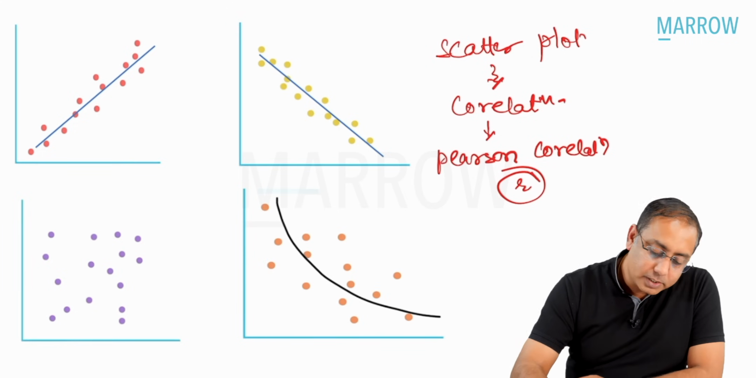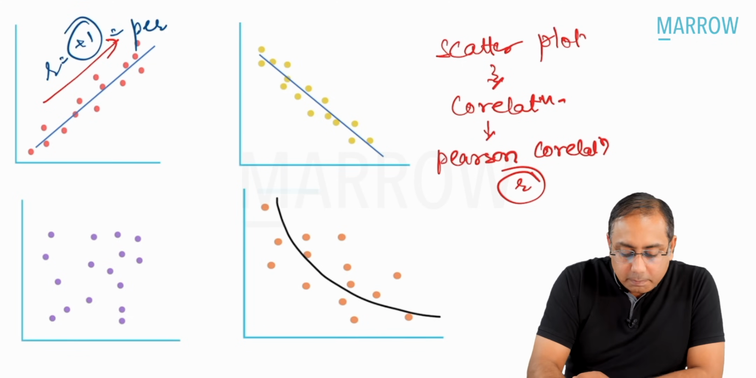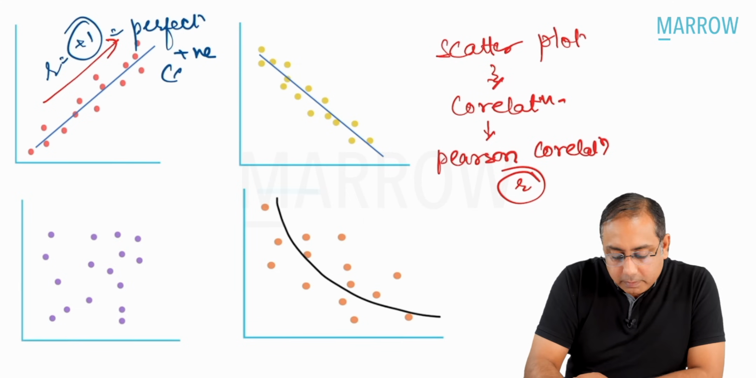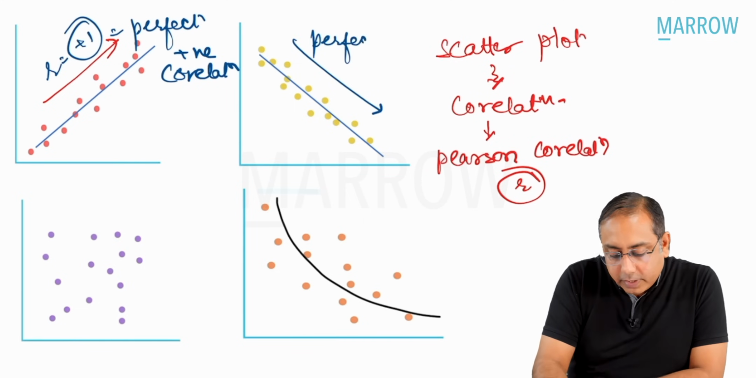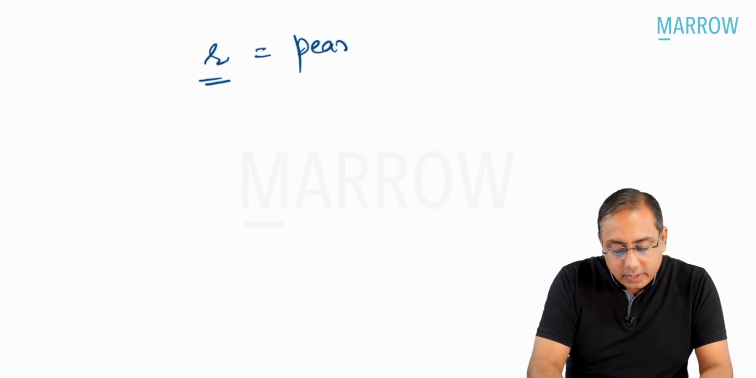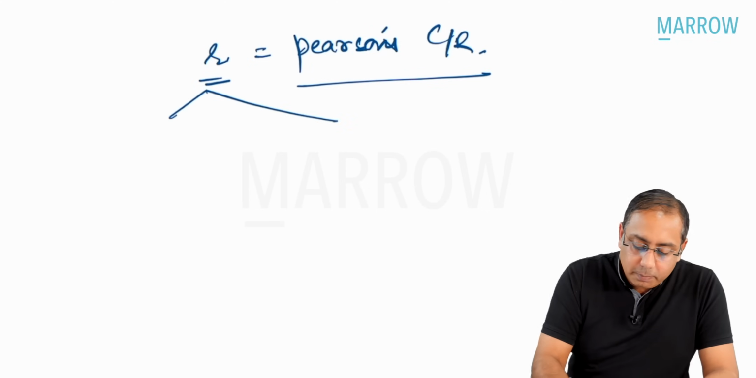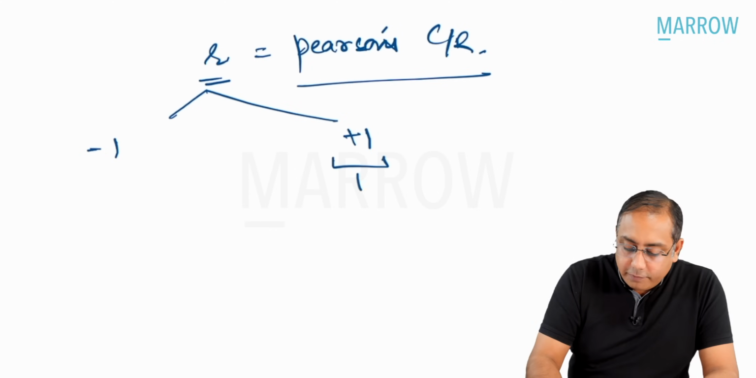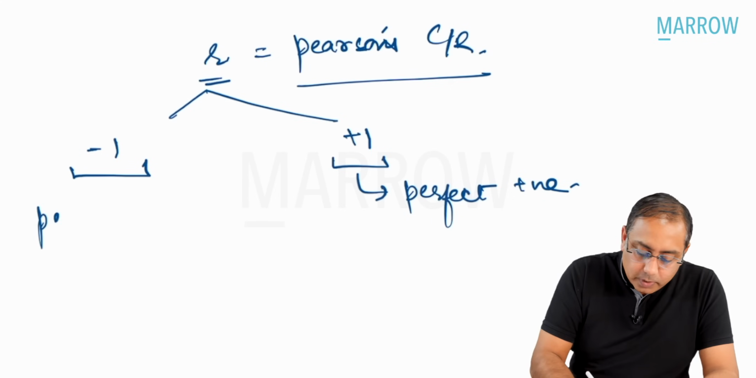So if the Pearson correlation is upward looking, it is called R is equal to +1. +1 means a perfect positive correlation. And if the R is coming down, it is called a perfect negative correlation. But please remember the value of R. What is R? We just did. It is the Pearson correlation. The R could range from -1 to +1. If it is +1, it is called perfect positive correlation, and if it is -1, it is called